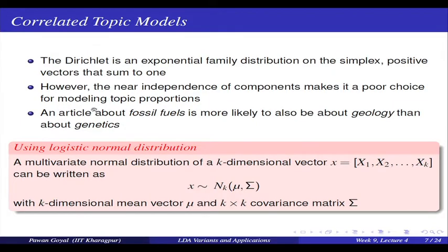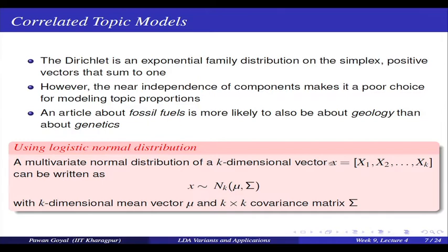So suppose I want to say that there is an article about fossil fuels, and if I know the topic fossil fuels occurs in the article, probably the topic about geology may also occur rather than genetics. Okay, this is something that I might know, that these 2 topics are quite correlated and these 2 topics are not correlated. So can I use this intuition to better learn my topics and distributions within the documents, that certain topics are correlated, they will occur together, certain topics are not correlated, they will probably not occur together. So this cannot be modeled by using the Dirichlet distribution,